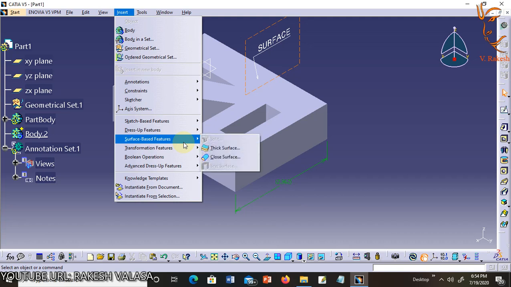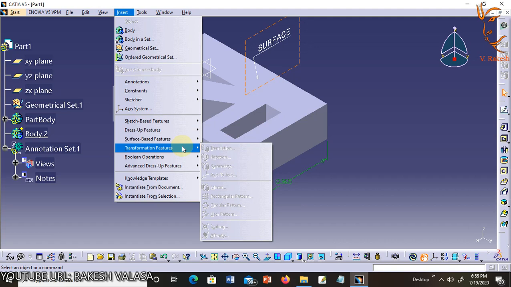Next one is surface based features. This tool is a duplicate of the tool found in the surfacing workbenches. This tool is covered in more detail in the wireframe and surface design workbench lessons. Next one is transformation features.